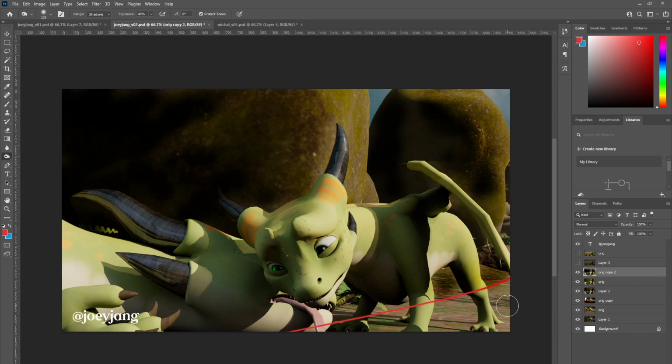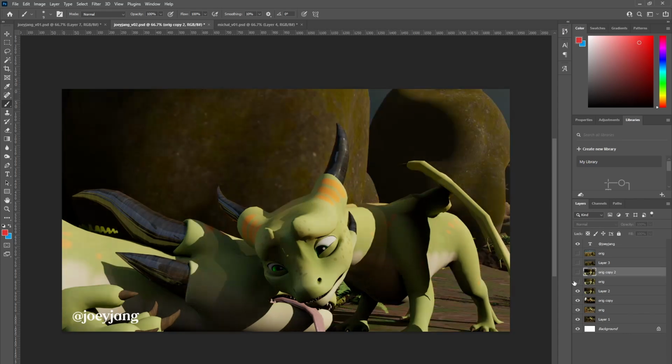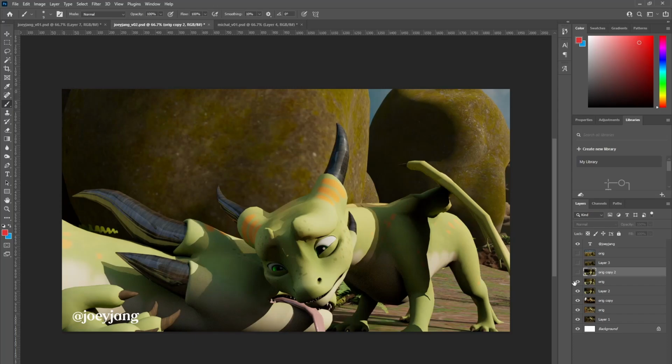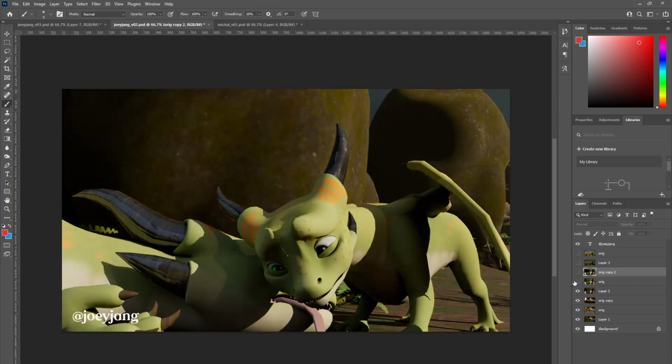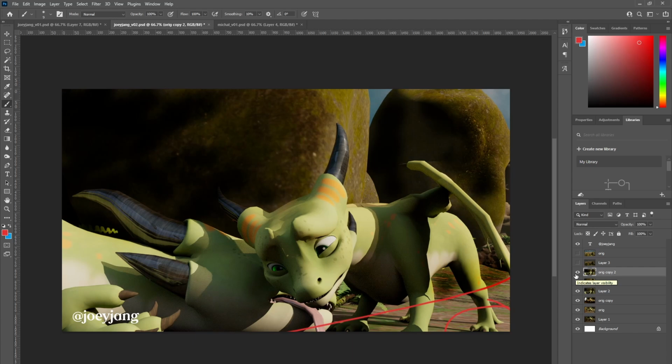Yeah, we leave some of that ground plane where the dragon is standing there. So we leave that the same. Instead of this kind of overall reduction of exposure on the environment, let's try something like this.